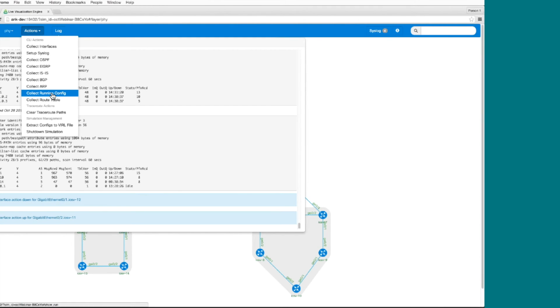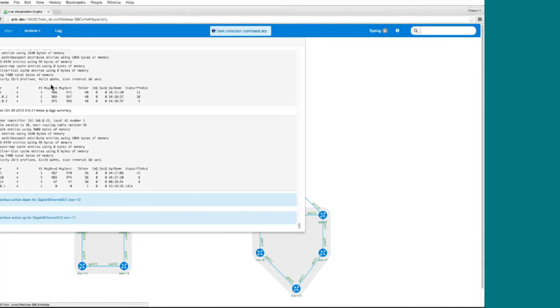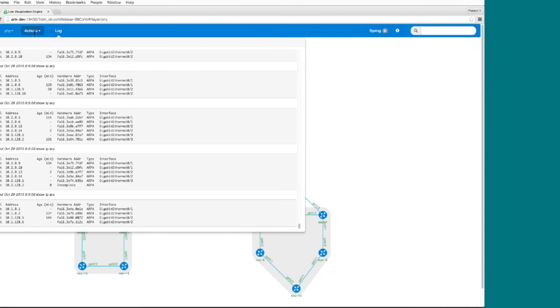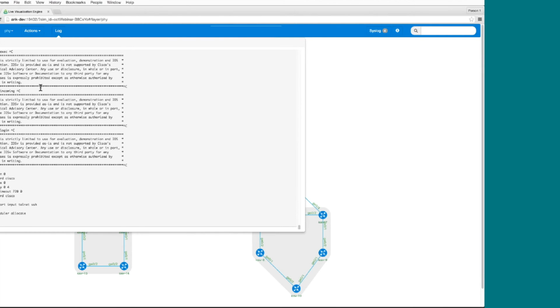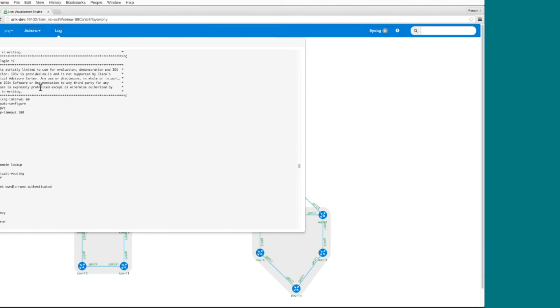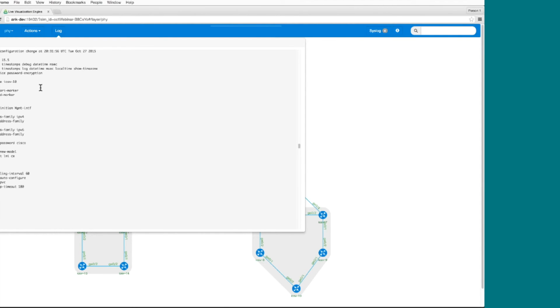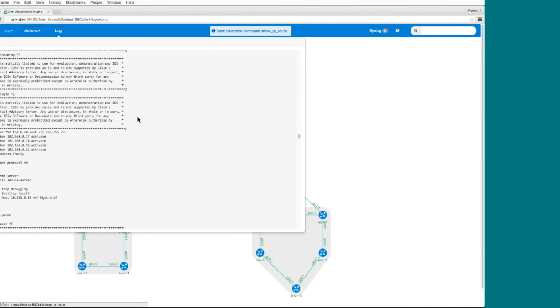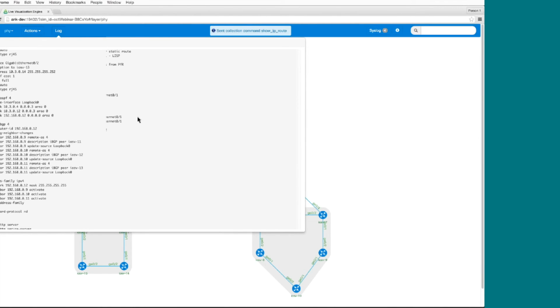We don't do anything actively parsing it, but we can do something like collecting ARP, which is what we use for the MAC addresses, or we could do something like collecting the running config, which takes slightly longer to log into each device, but we can see we've still got that back for each one. The running config's probably a little bit too much data to scroll through in a log file, so we could look at other ways of doing that, or something like the route table, and we can now see all our routes that come through.